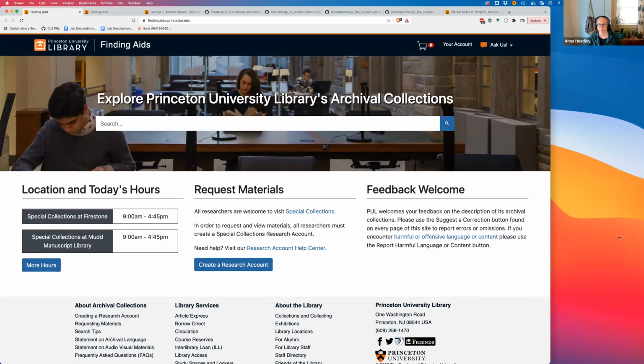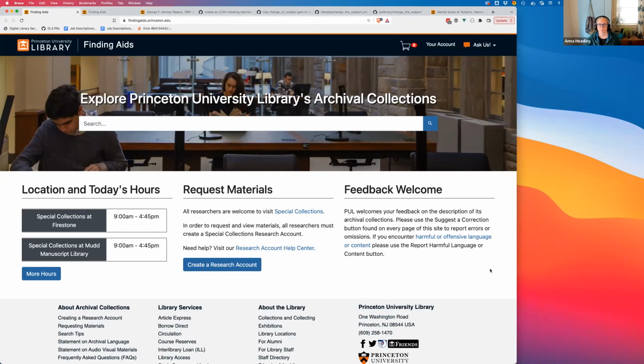Jane and I are on different developer teams with different application portfolios, but we're all really excited about the work that they had done with Change the Subject. One of the applications that my team works on is our ArcLight application, which is our finding aids website. And our product owners for the finding aids website said,